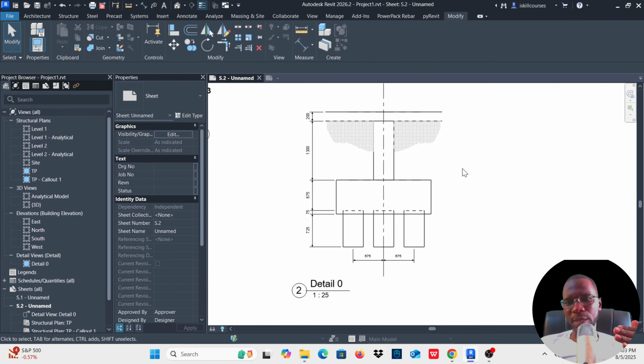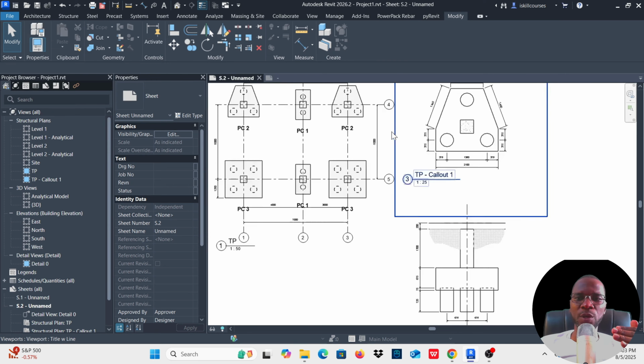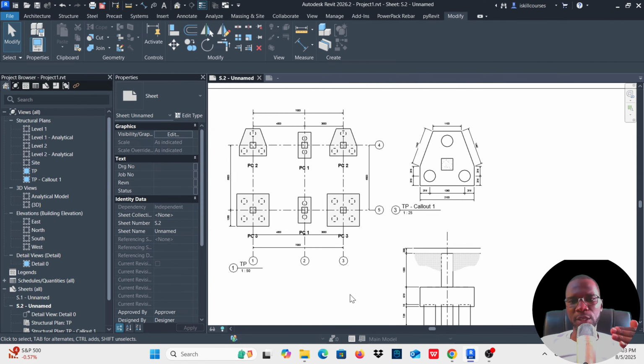So I'll take you step by step. I'll not skip anything so that you can learn how you can properly do the detailing of power foundations